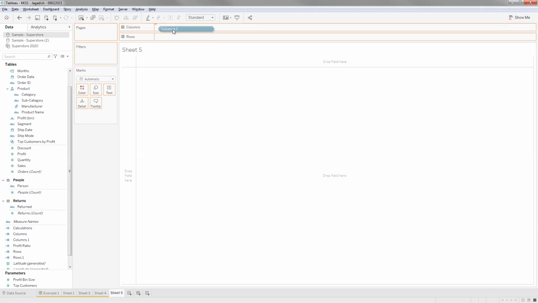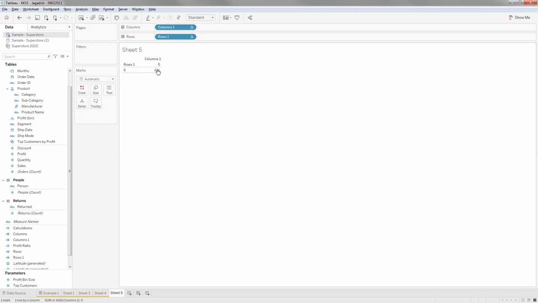So put columns in columns, rows in rows. Now it has created one particular partition, and once you set the table calculation scope to whatever dimension you're trying to use, it will accordingly set the grid structure based on that. We want to keep each box in the grid as a subcategory, so I'll pull my subcategory into detail because I want to use that in my table calculation.